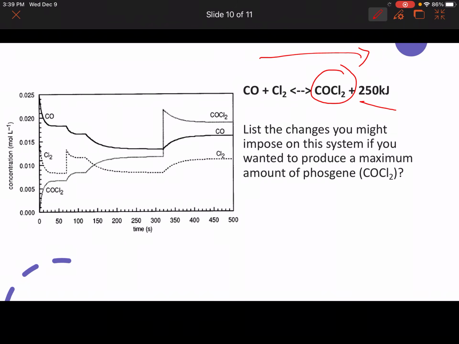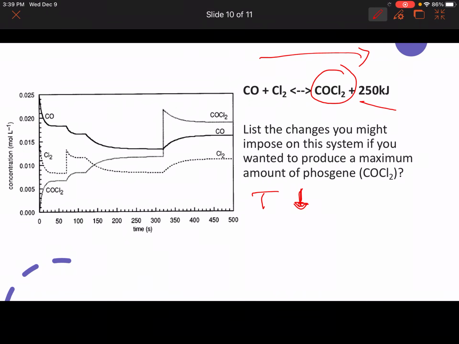So what about temperature? If we added heat to this, that would actually drive equilibrium to the left, because it would favor the reverse reaction, because the reverse reaction is endothermic. So we don't want that to happen. So if we lowered the temperature,